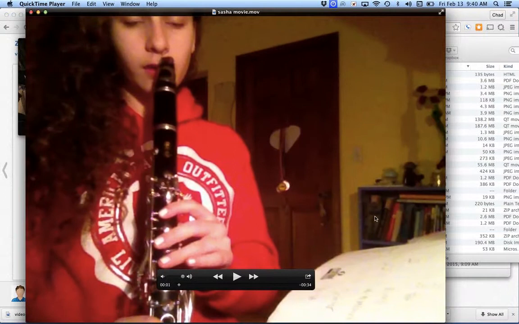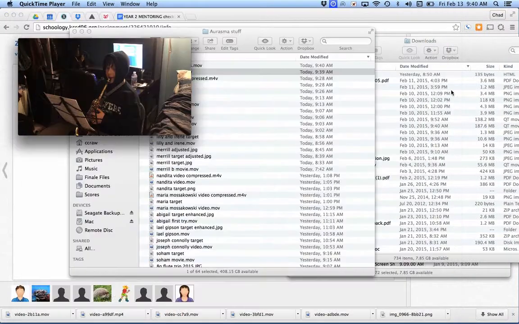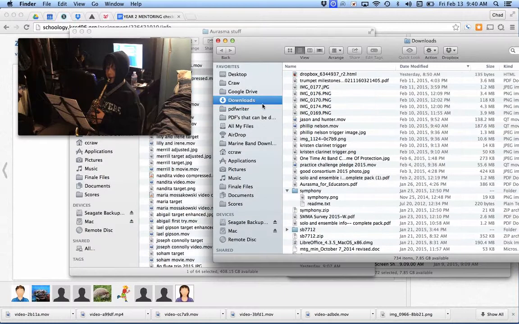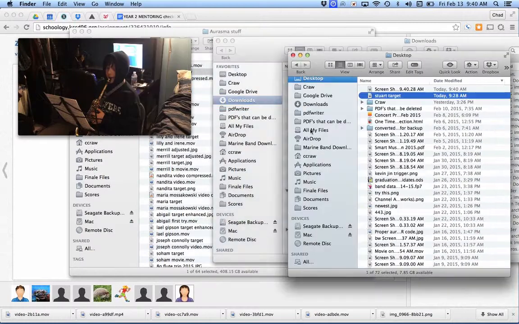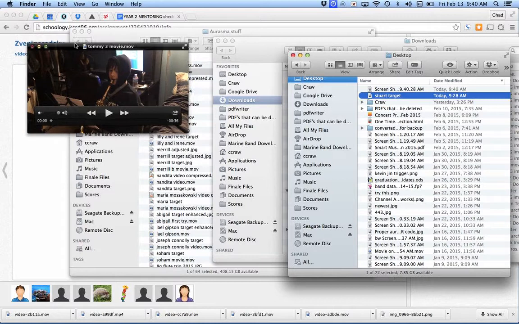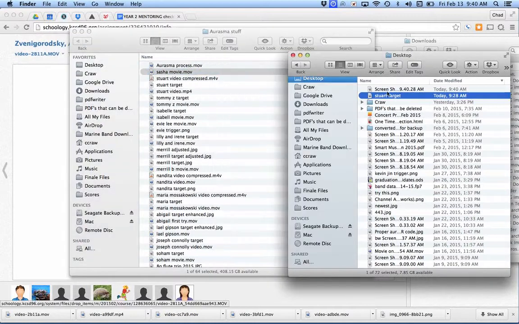And that saves to the desktop. So again, you want to stay organized with all of your files. So I go to my desktop folder. I got Tommy in there from before. Rename it